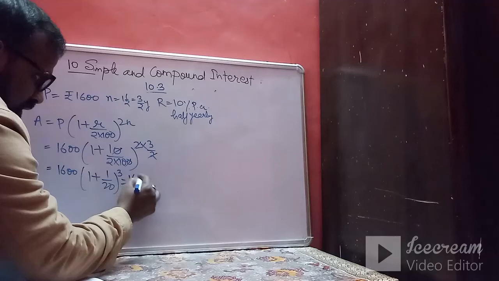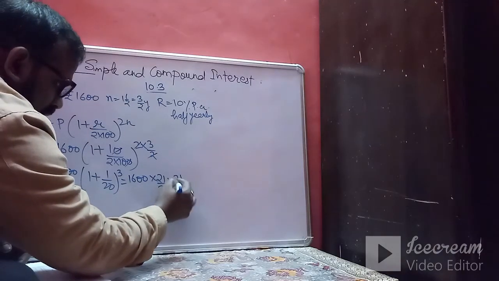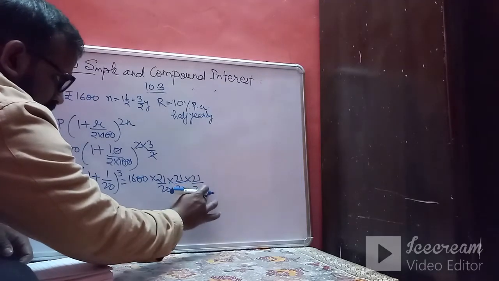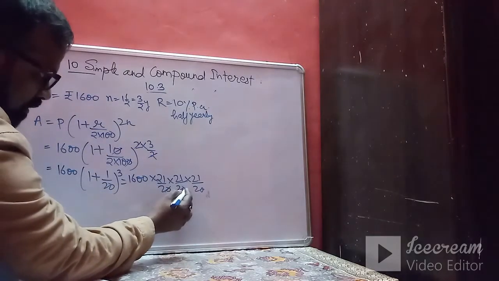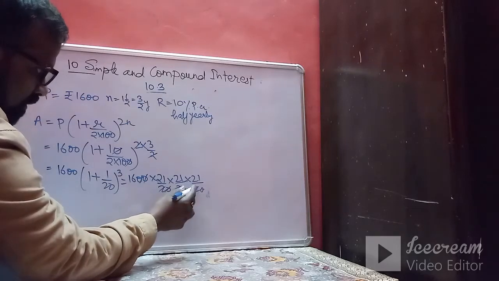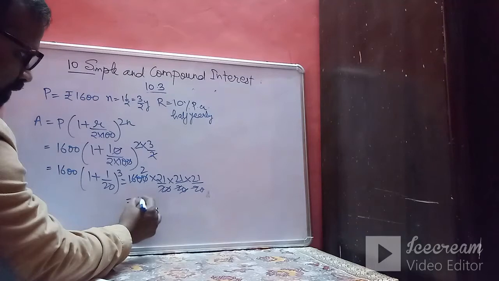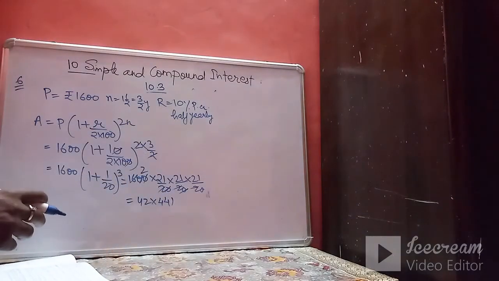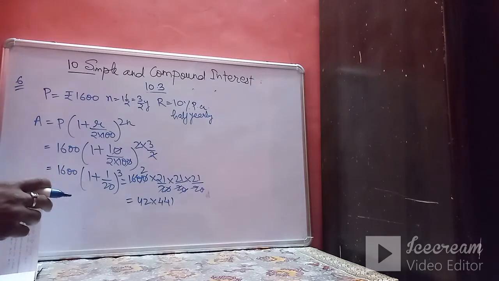When you take the LCM, you will get 21 upon 20 cubed. Two zeros are cancelled, into 2, so it will be 42 into 441, and when we solve, we will get the answer as